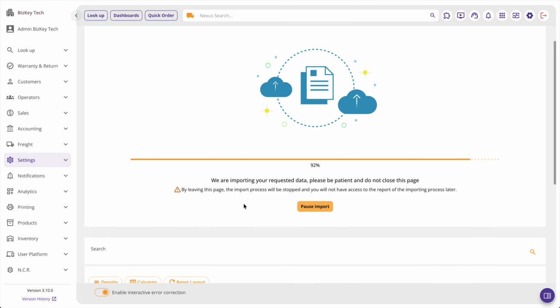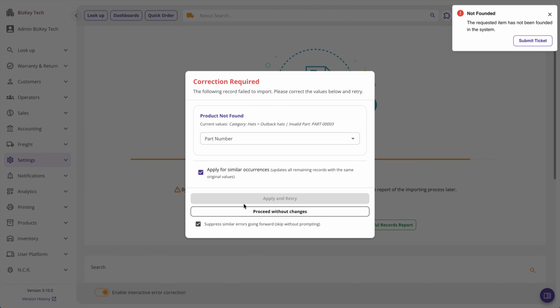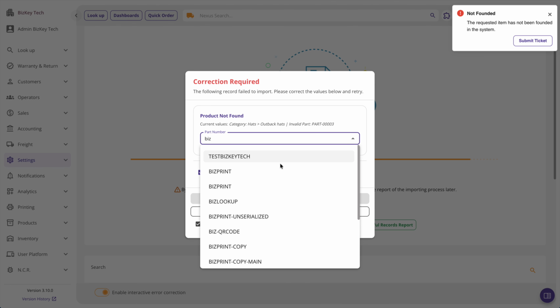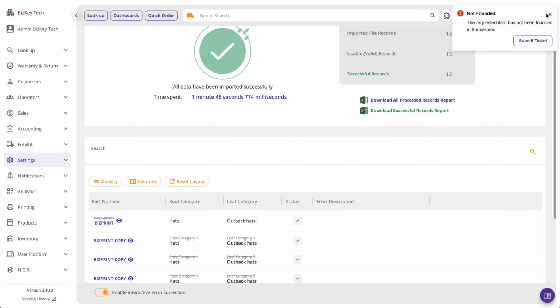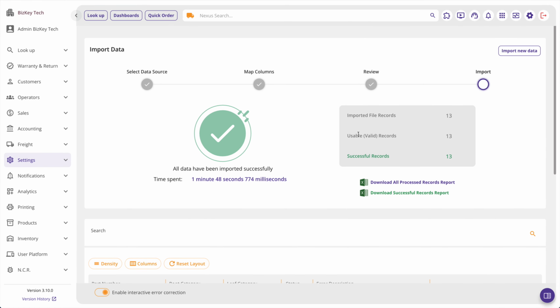Okay, I want to do that, and then just to demonstrate another case for this specific data set, if the category is correct and the part is invalid, right? In order for us to do that, we just want to click on a part that we know exists. I want to click on this print, and there we go. And I also want to do apply and retry here, and I think that would be it. Now, with regards to our